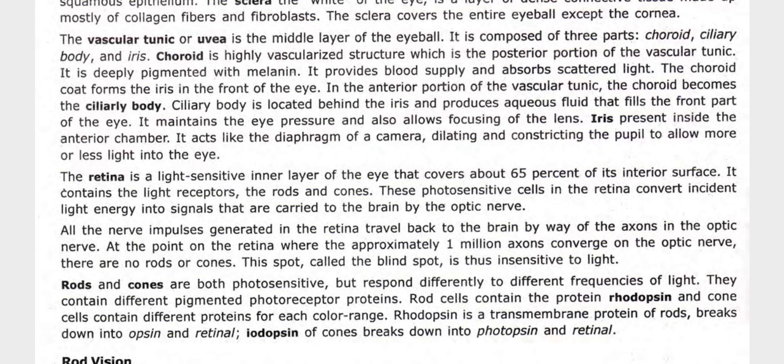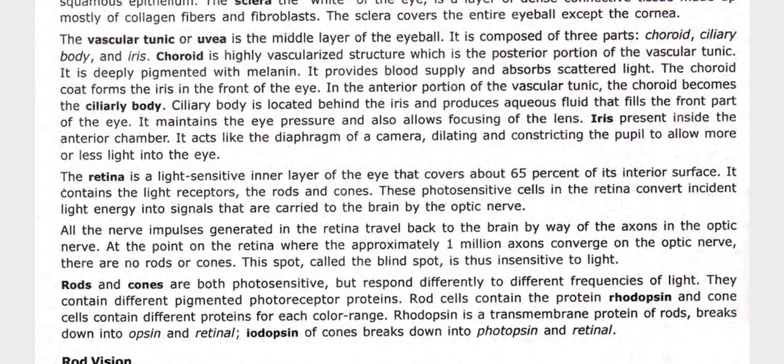The choroid coat forms the iris in the front of the eye. In the anterior portion of the vascular tunic, the choroid becomes the ciliary body. The ciliary body is located behind the iris and produces aqueous fluid that fills the front part of the eye. It maintains the eye pressure and also allows focusing of the lens. The iris is present inside the anterior chamber. It acts like the diaphragm of a camera, dilating and constricting the pupil to allow more or less light into